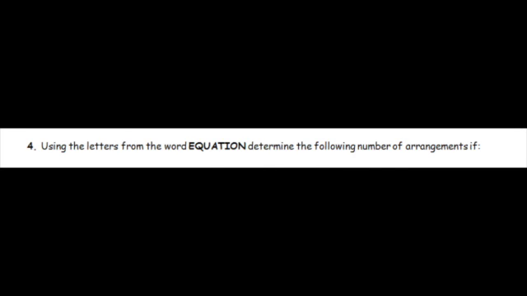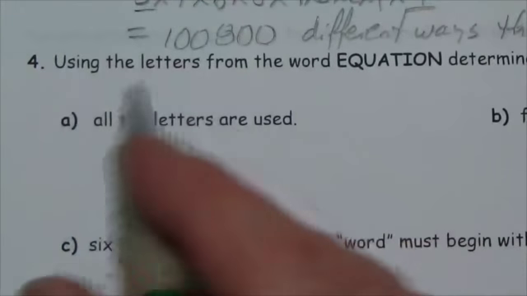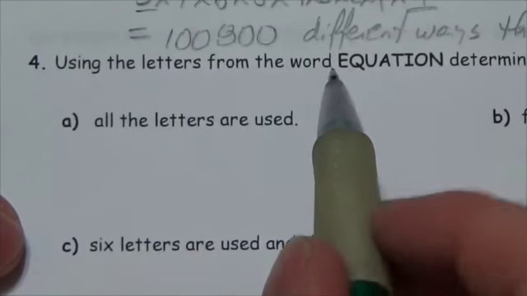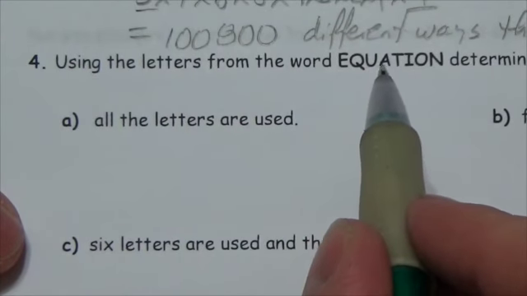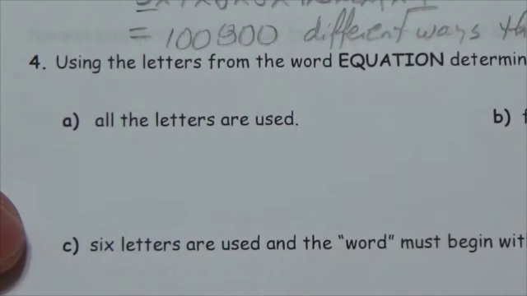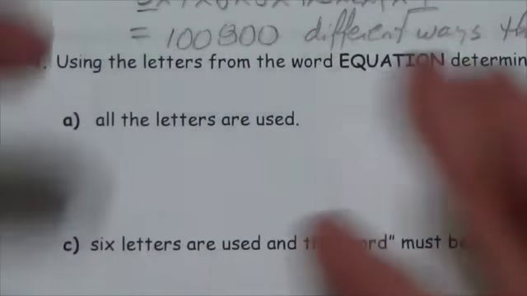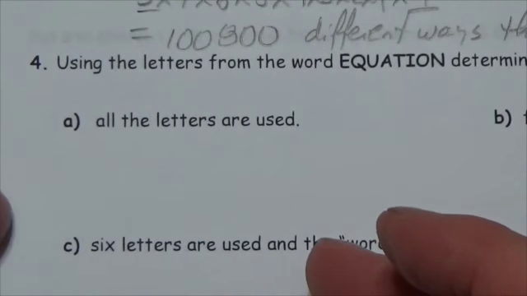Using the letters from the word equation, determine the following number of arrangements if all the letters are used. Okay, so in this first question, it's saying that we're going to use all of the letters. How many letters are there in the word equation? 1, 2, 3, 4, 5, 6, 7, 8. 8 letters. With no other restrictions imposed in this problem, my task is to